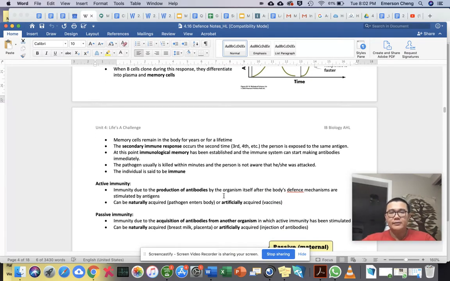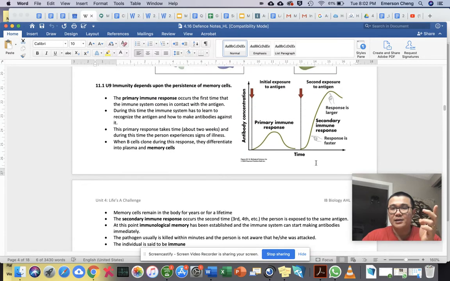So when the second immune response happens, if those people recovered from COVID-19 and encounter the COVID-19 virus again, assuming it has not mutated, because it can, so it's exposed to the same antigen. In this case, the memory has been established, so they will make the antibodies faster. So this response is much faster and the response will be much